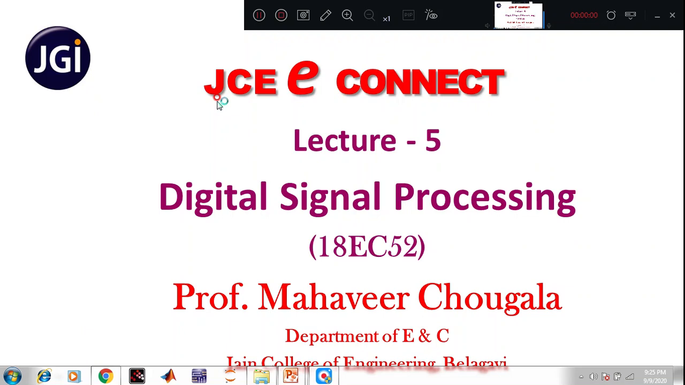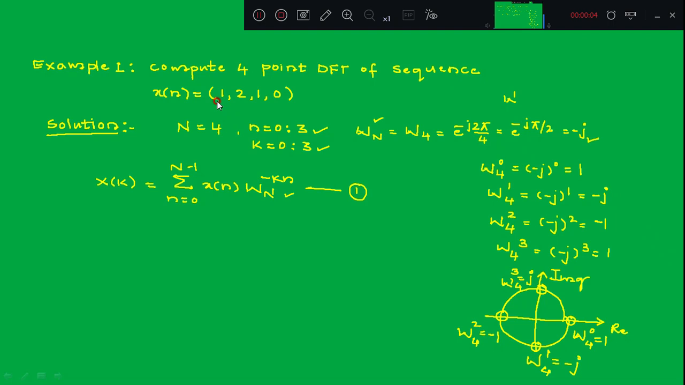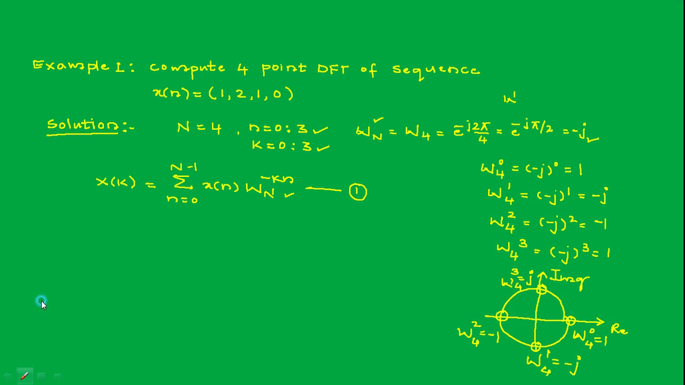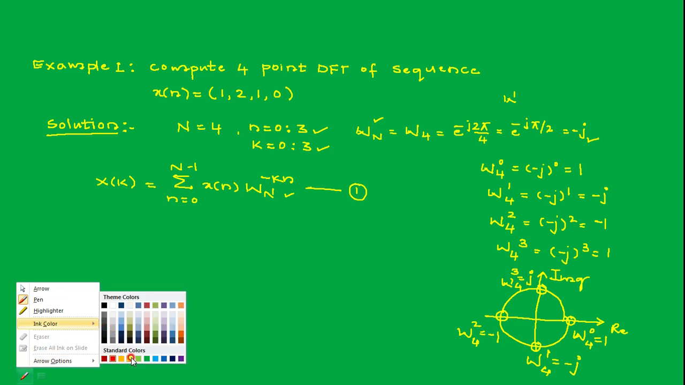Here I am continuing with the previous video and will discuss some numerical examples here. The first example is: compute a 4-point DFT of the sequence x of n is equal to 1, 2,